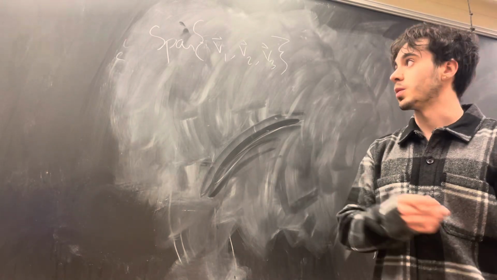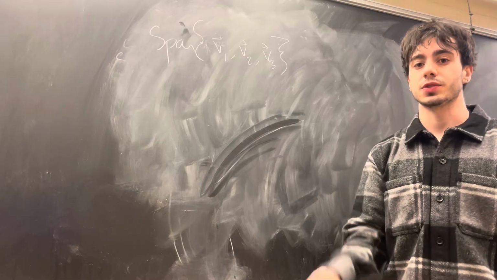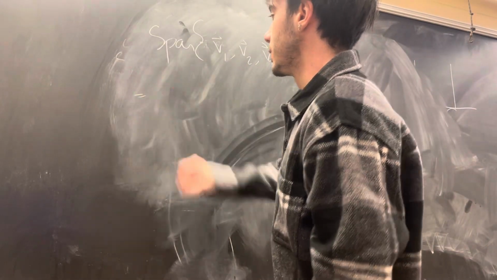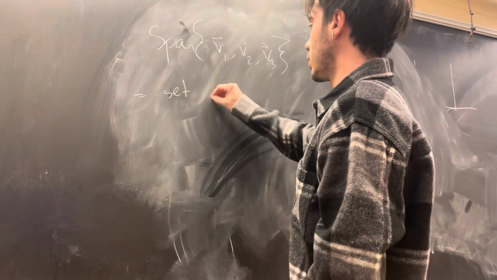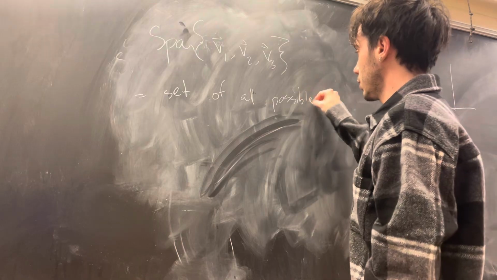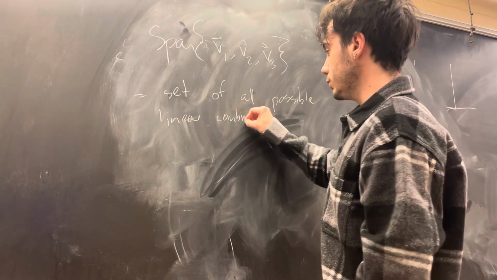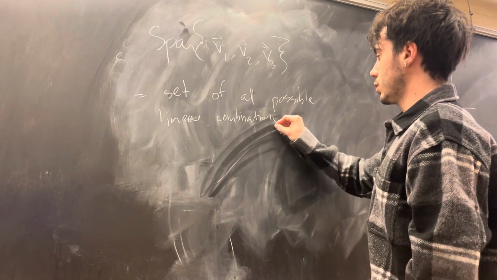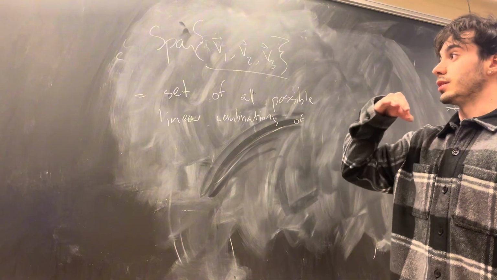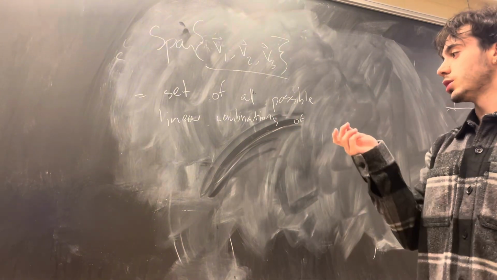Alright, in this video, I'm going to be talking about span in linear algebra, and we can define the span of a set of vectors as the following. Span is the set of all possible linear combinations of the set. So the span is a set of all possible linear combinations of the set of vectors that you're given, which means